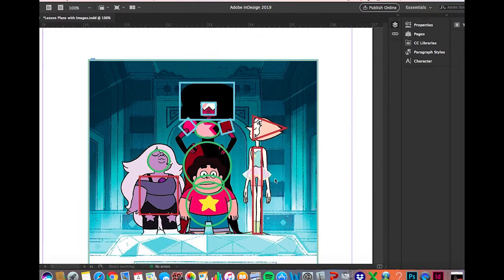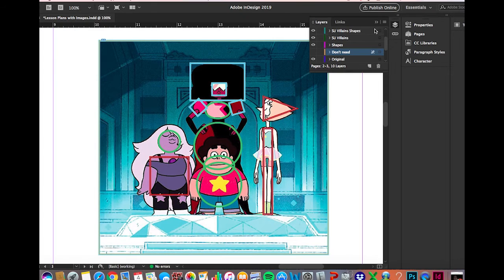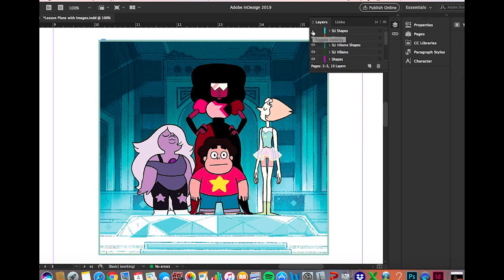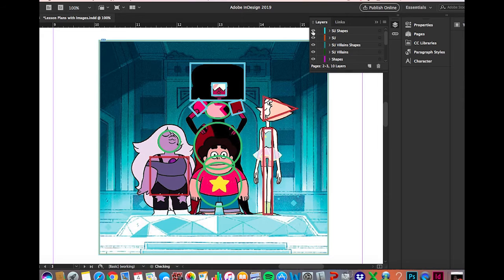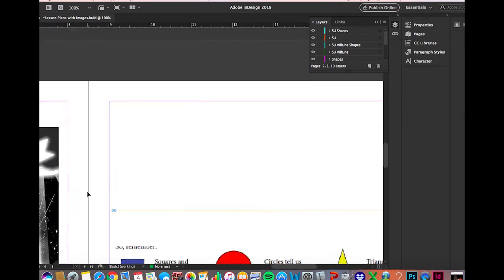And when we move on to Steven Universe, when we ask ourselves, okay, what kind of shapes do we see here? We see that Steven is mostly made out of circles, and if you watch the show, you know that Steven's this really fun, really warm character, and Amethyst is composed of a square and a circle. You know, she's a little more serious. Garnet, on the other hand, is mostly squares, and she's really serious and kind of like the boss